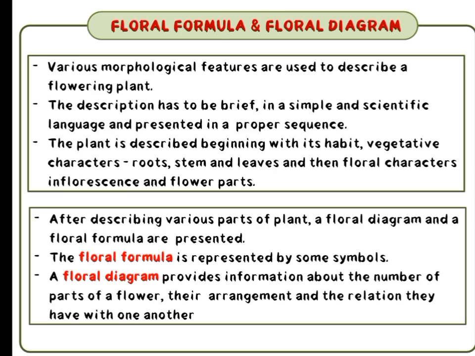What is perianth? Instead of this calyx corolla differentiation, there is only a single whorl, that is called perianth. Individual units of perianth are called tepals. Okay, then come to the last, that is gynoecium.